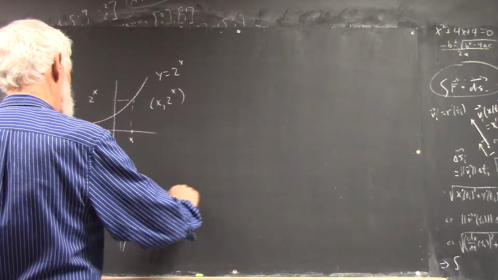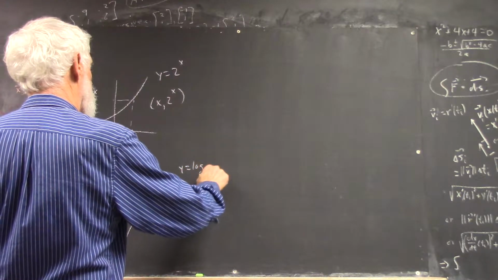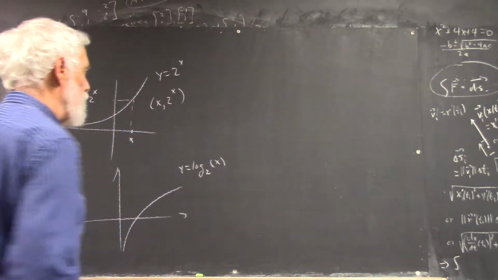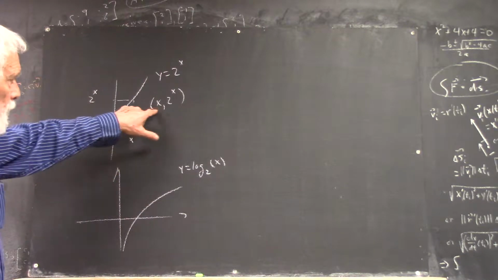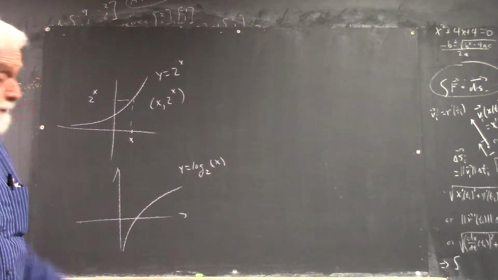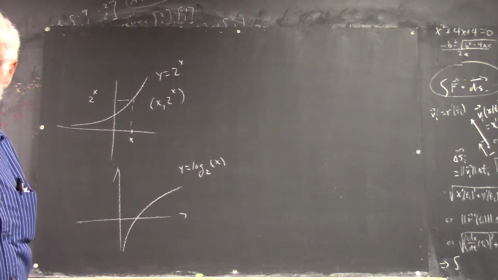Here's a graph of y equals log base 2 of x. Okay? What are the coordinates of the point that corresponds to this one on this graph? x, log to the x. Well,